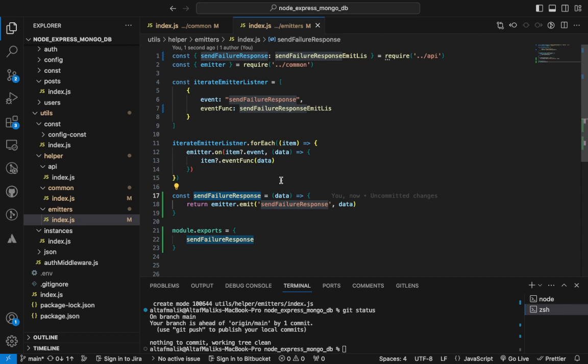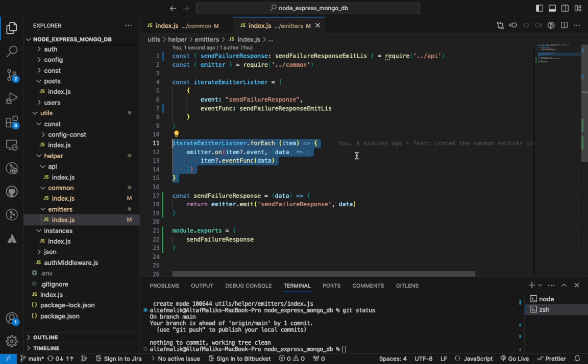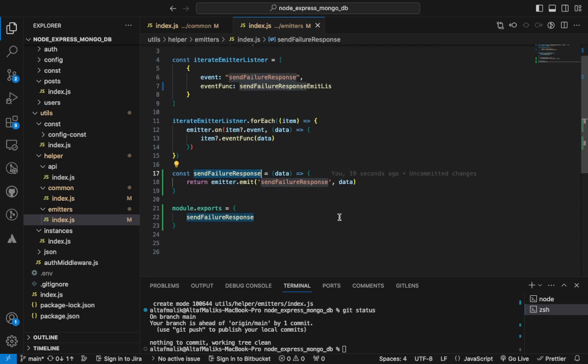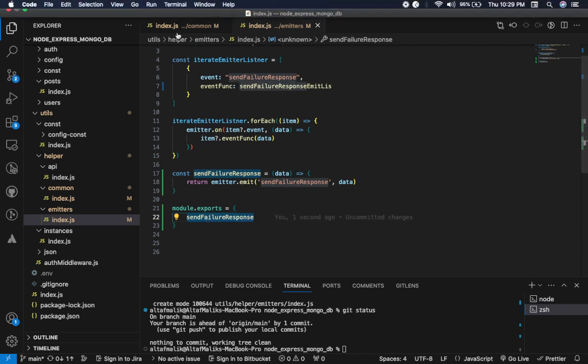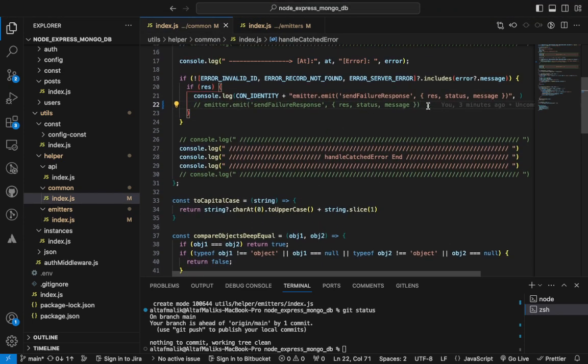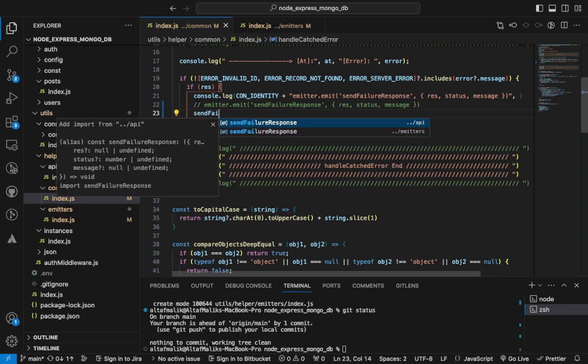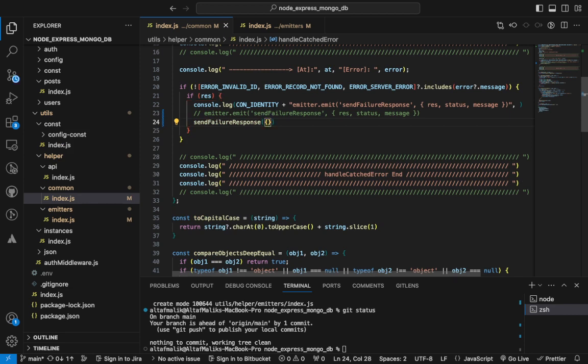So I'm thinking to move it to an array like this, but that would not be beneficial because each time we need a single function name. Okay, no problem. Let's move to our cached error function here. Send failure response from emitter. So now I'm sending this response to,